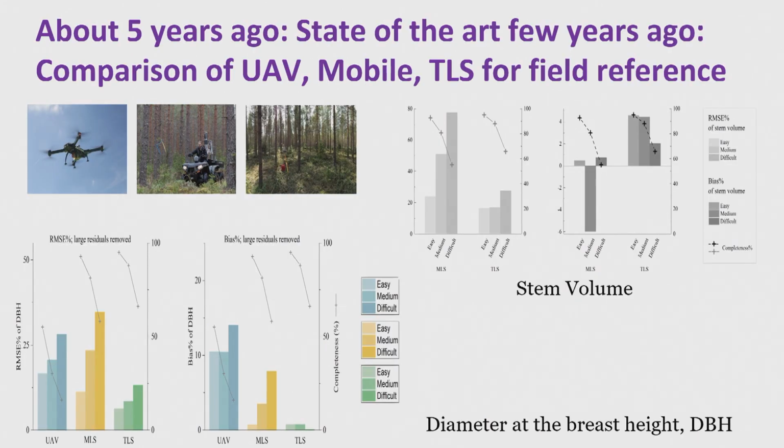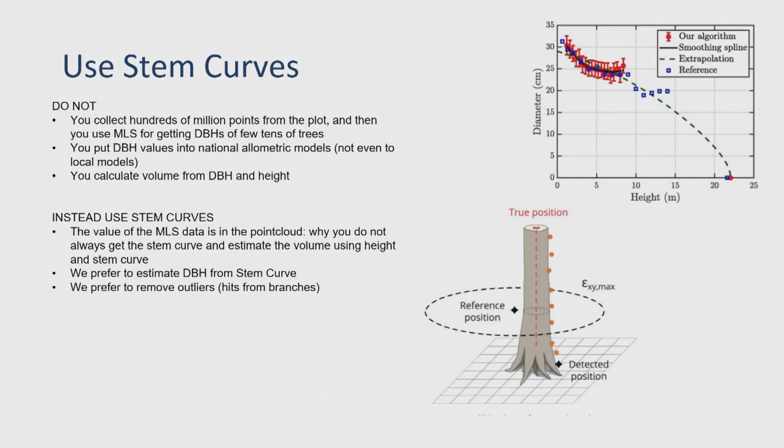And that was the state of the art some time in 2019, when Xinglian Lian from our group wanted to test what the accuracy of mobile LiDAR is compared to TLS and UAV. And in UAV you use the individual tree concept where you estimate the diameters of trees. Basically the outcome was pretty bad. Mobile LiDAR was the worst of all of these. But what he did was use the georeferenced point cloud as it is. And okay, that was the reason why we continued the research, and said that perhaps we have a better way to do it.